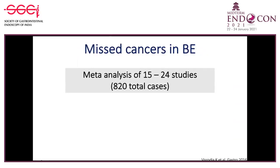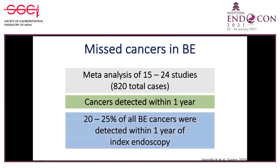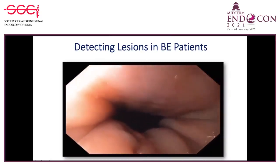This is a study from the Mayo Clinic in which they looked at a meta-analysis of several studies and looked at cancers within Barrett's diagnosed in a year of the diagnosis. So at the index endoscopy, no cancer was reported, but within a year, cancer was reported. So this probably means that the cancer was missed. And what they determined was that up to 20 to 25% of all cancers were diagnosed within 1 year of the index endoscopy. So it tells us that we are probably not doing a good job in examining the esophagus